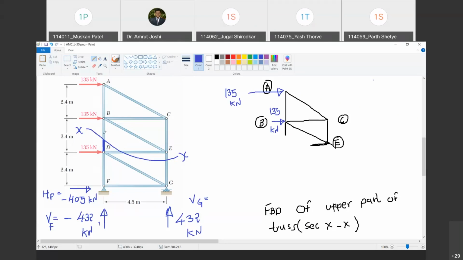Yes, sir. So initially we assume that all the members have tension in them. So we will assume that the lower part is pulling the upper part. Are you with me? Yes, sir. And then I'm going to show it as force in member BD. Happy? Yes, sir. So ये ड्रॉ करने के लिए क्या क्या assumptions आपको याद करने हैं? Assumptions in the sense क्या क्या concepts आपको याद करने हैं?